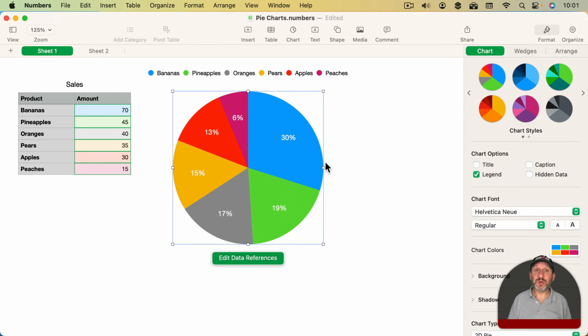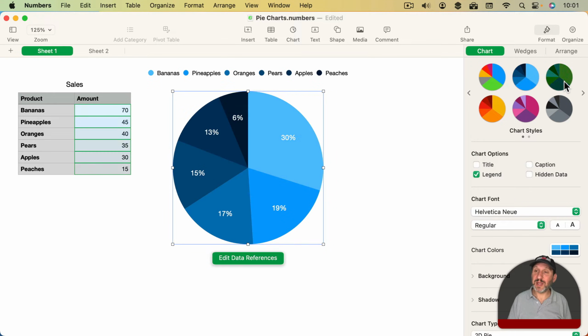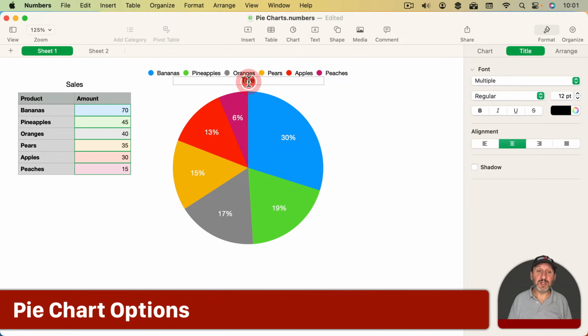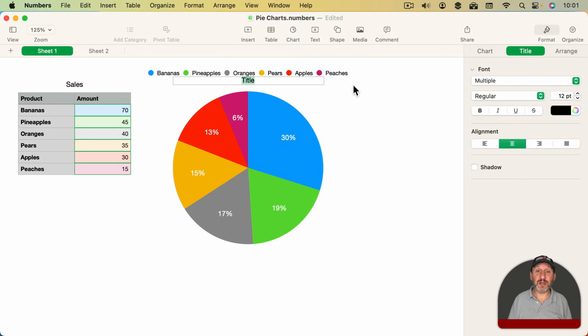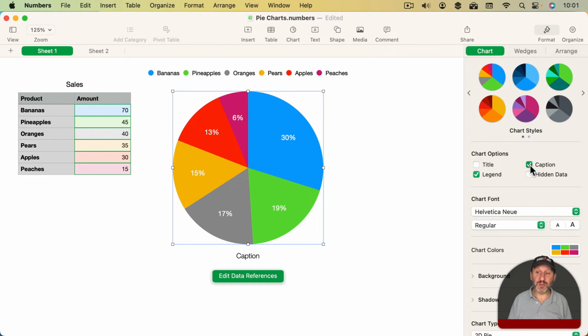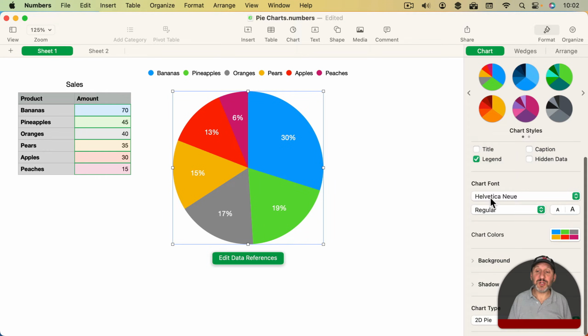Now right off the bat it looks pretty good, but there are a ton of ways we can customize it. In the Format sidebar under Chart you can customize the colors, picking some pre-made color palettes here. Now I've got a bunch of chart options. You could have a title on or off and then you could click and select the title and change it. You've got the legend here which gives you the colors and the rows that they match. You could turn that on and off. You can have a caption below and you can customize that. You can change the font used. So I could change it to something else or make it bigger or smaller, and it applies to the whole